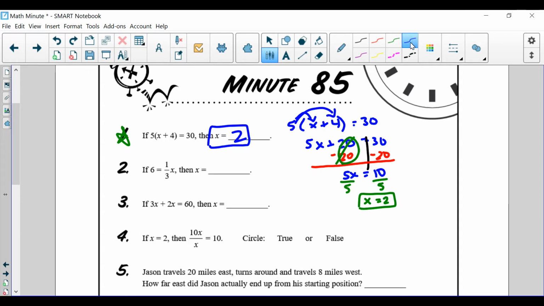It says if 6 is equal to 1/3 of x, we've got to figure out something divided by 3 is equal to 6. That's a little tough to figure out. Maybe we do the opposite of division. Let's go ahead and do 6 times 3 is going to be what number? Well, 6 times 3, the reason why we're doing this is because we're kind of wanting to do the opposite